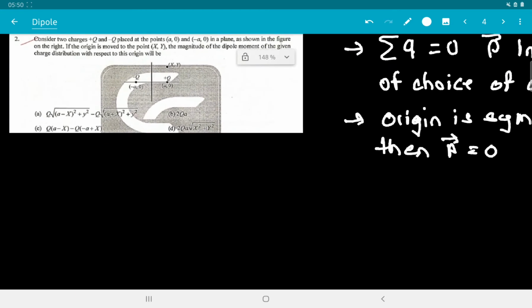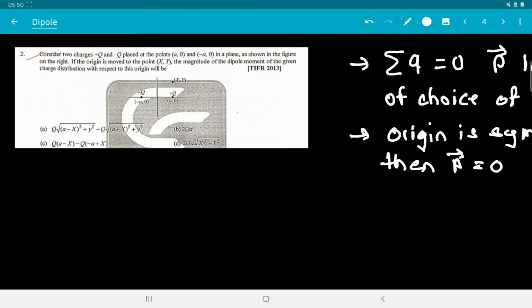In the following example, we have two charges: minus q charge placed at minus a and plus q charge placed at plus a, and they have asked us to find the dipole moment at this x and y. Now they are saying if the origin is moved to the point x and y, then what is the dipole moment? Now see, here in this case